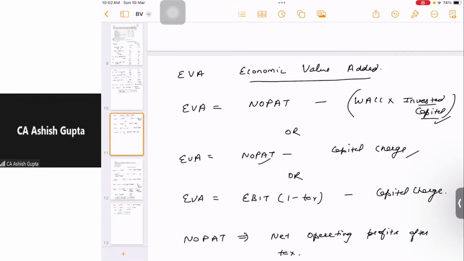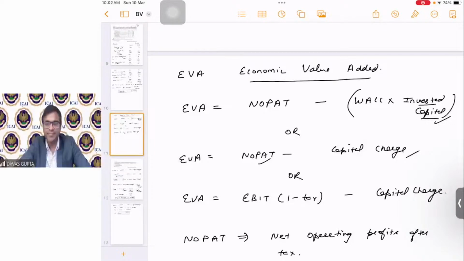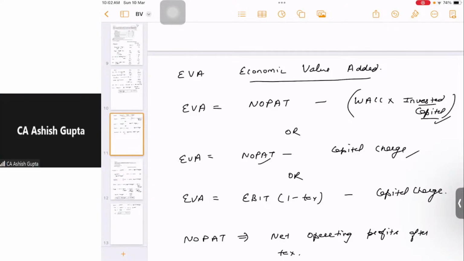It can influence the shareholders' decisions to buy or acquire the share. And of course, EVA is very useful, but it also suffers from some limitations. These limitations can be overcome by the market value added method, which will be discussed in the next class. Devas sir will take up this in the next class. Yes, another important thing, student, is a part of what I want to say about this EVA.